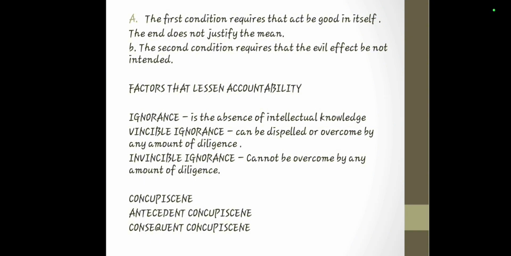This is an act that is still voluntary, and the agent is still responsible for it. When we say agent, we mean the individual. For example, a Davaoeño or a Davao resident who violated traffic laws, not knowing of such laws before, would still be responsible for his act because his ignorance is vincible. Why? Because in this example, you are a Davao resident, actually living in Davao City. The only problem is you did not know the rules.